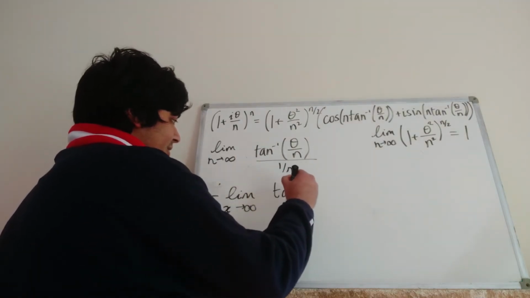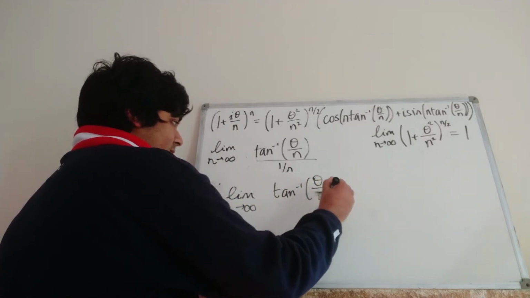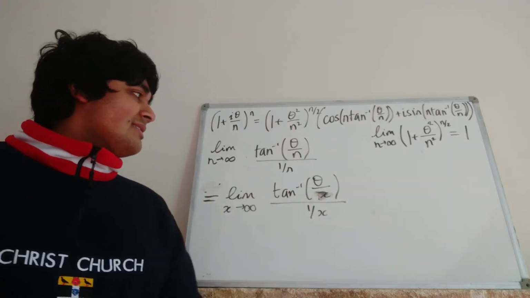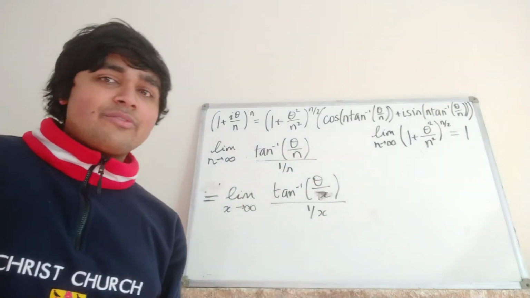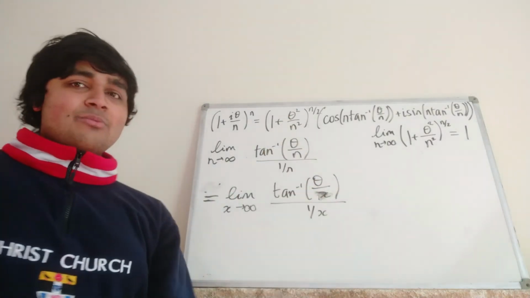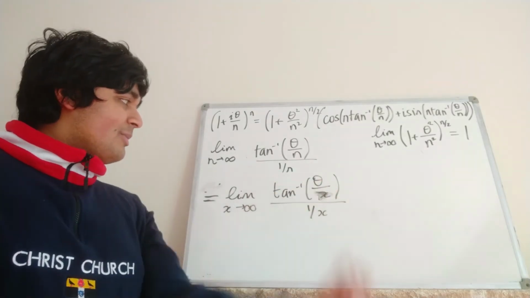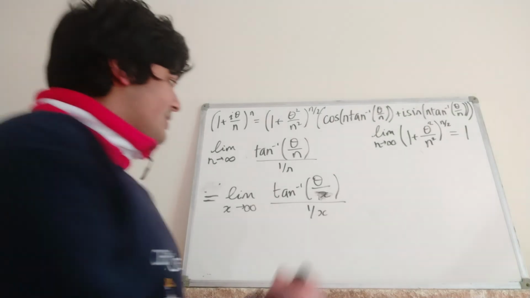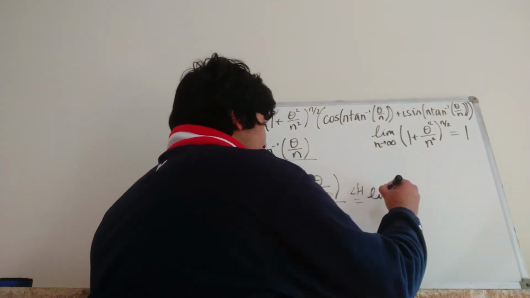So inverse tangent theta over x, divided by 1 over x. So now x is a continuous, differentiable variable, so it takes all real values, as opposed to n, which just took integral values. So we can use L'Hopital's rule because the top and bottom are differentiable, and the top and bottom both tend to 0. Okay, so differentiating the top and differentiating the bottom, we get the limit as x goes to